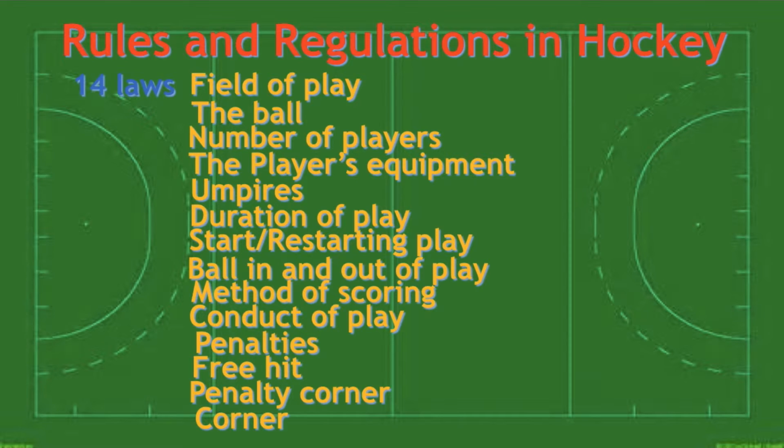The ball in and out of play: the ball is out of play once the ball passes over either the sidelines or the back line completely. Players then restarted from the line by the opposing team. Method of scoring: a goal is scored when the ball is hit within the D by an attacker and completely